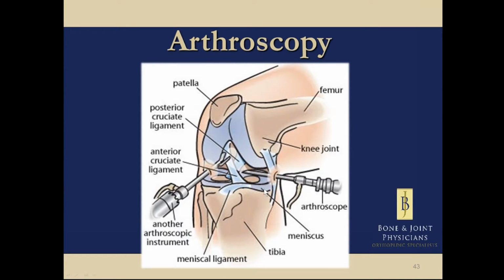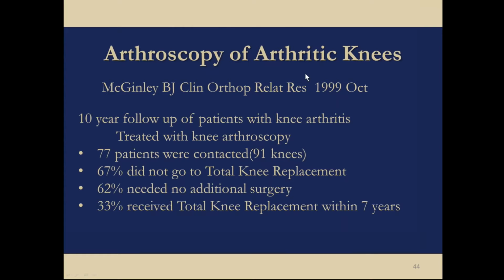Here you can see the meniscus. So we can see all these things through the scope, and we can address some of those problems arthroscopically. What are the results? Well, here are some studies. This was a fella at the Insall Scott Burstein Institute, a famous place for knees. They did a study, looked at their patients 10 years after arthroscopy, and saw, out of 77 patients, 91 knees, because some of them had both sides done,